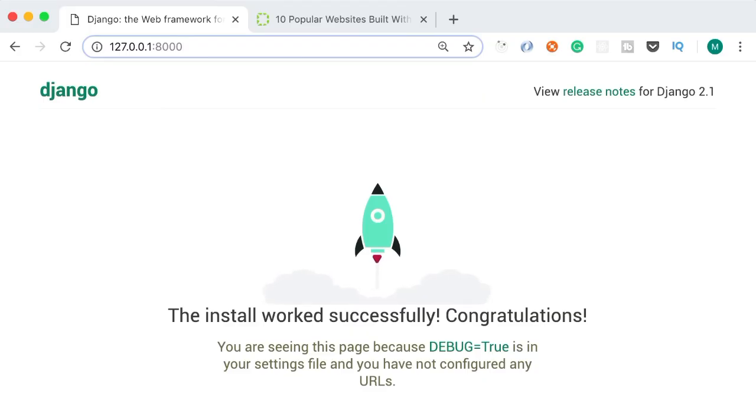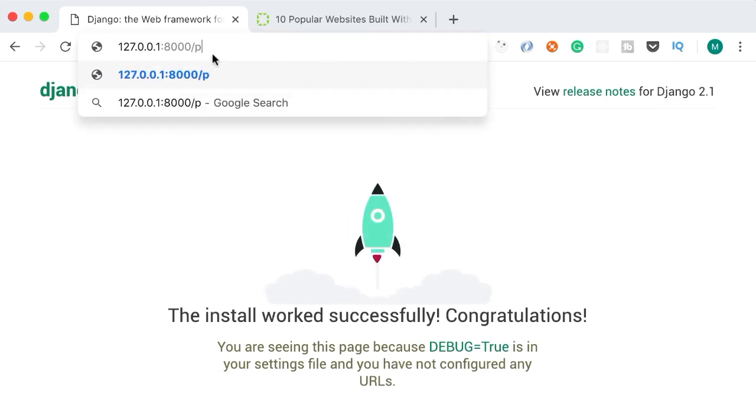In this tutorial, I'm going to show you how to create your first view or view function in Django. What is a view function? A view function is basically a function that gets called by Django when the user navigates to a particular page. For example, here we are on the homepage of our website. When we go to /products, our browser sends an HTTP request to our web server. At this point, Django takes that request, it inspects the URL or the address,